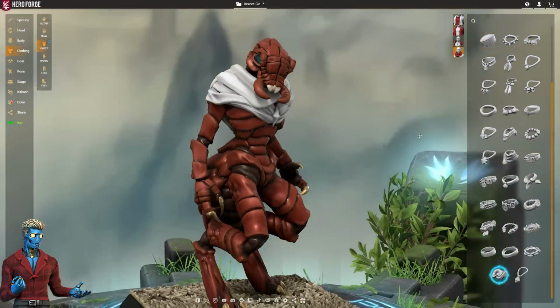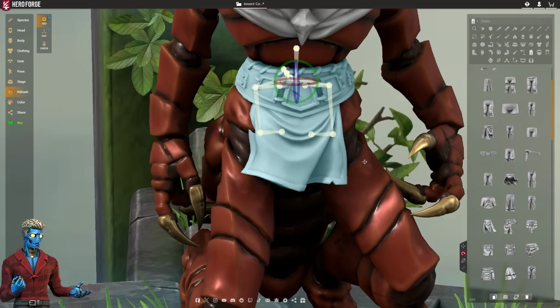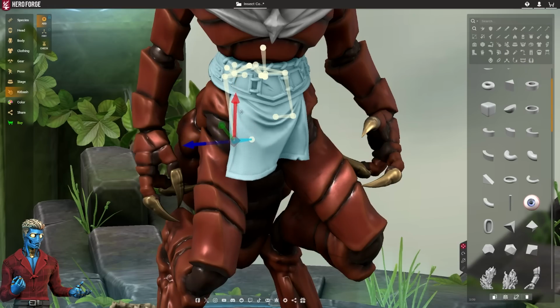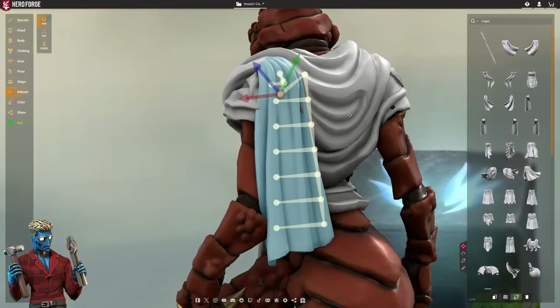The hardest part by far with this model is the clothing, right? No matter how much I tried, none of the actual clothing pieces from Hero Forge feel like they fit on an insectoid, so I basically have to use a ton of kit bashing slots to try and create this kind of